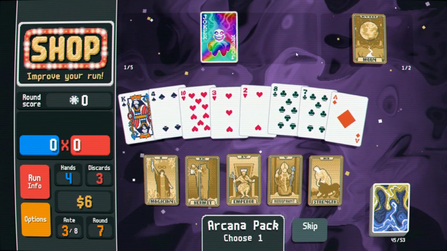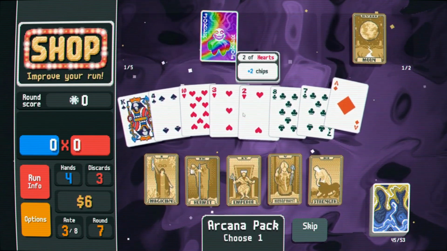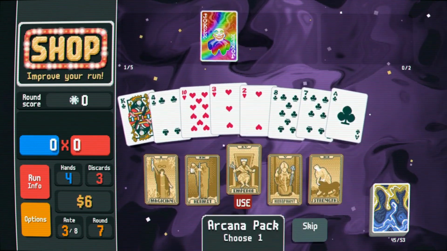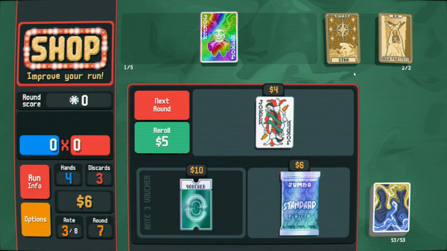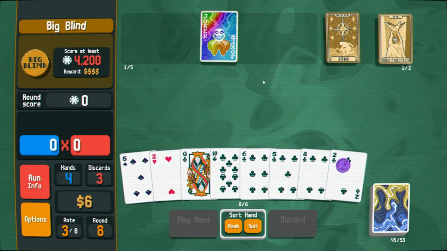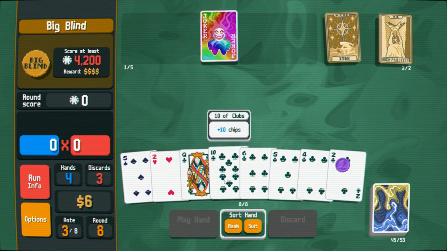I think we use the moon to make some more clubs, and then we use the Emperor to get 2 more cards. But we don't want to cannibalize the hearts, so we use these. We moon those. And then we Emperor to get 2 more cards for stars. Stars is fine, actually. And we carry on. Whew. Well, we can just straight up play these without...